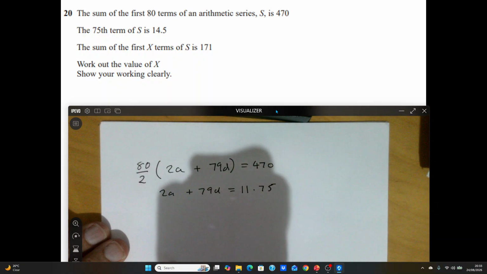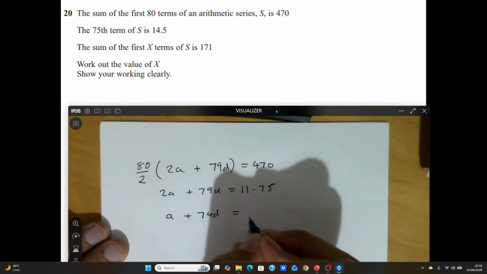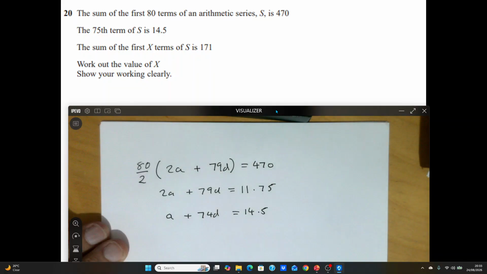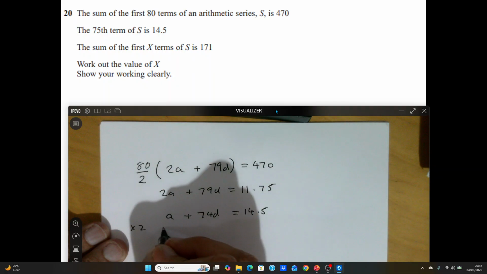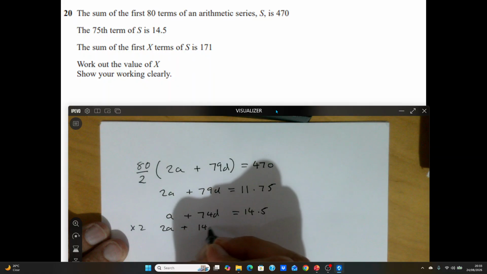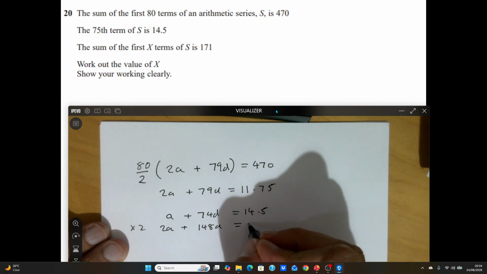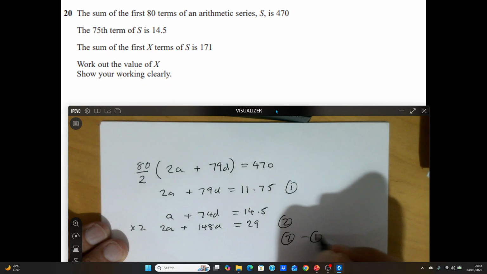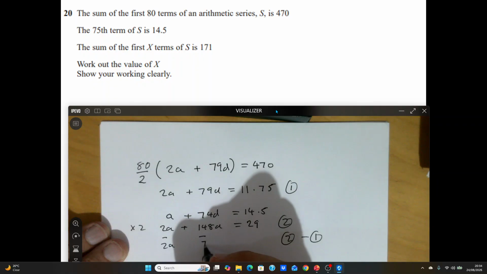Then it's telling me the 75th term, so that's going to be a plus 74 times d equals 14.5. So obviously I'm going to want to do a simultaneous equation, so I'm going to times this one by 2. So I've got 2a plus 148d equals 29. I'm going to call that 1. I'm going to do 2, and I'm going to do 2 take 1. So I'm going to take 2a, take 79d,